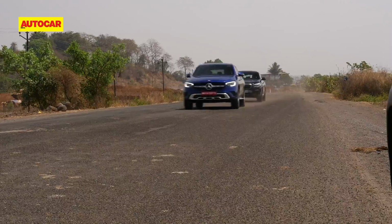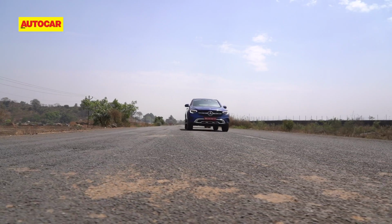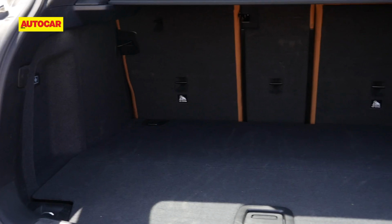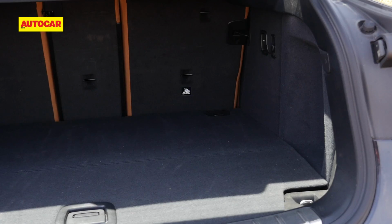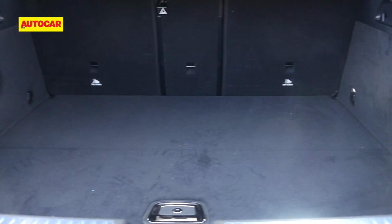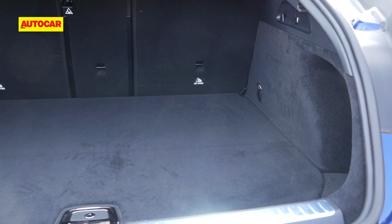a role. They both have all-wheel drive and more than enough ground clearance to handle a rough trail. Both have boots that aren't quite as big as their regular SUV counterparts, but that can still take at least one big suitcase and maybe a few smaller ones too. And when it comes to the back seats,